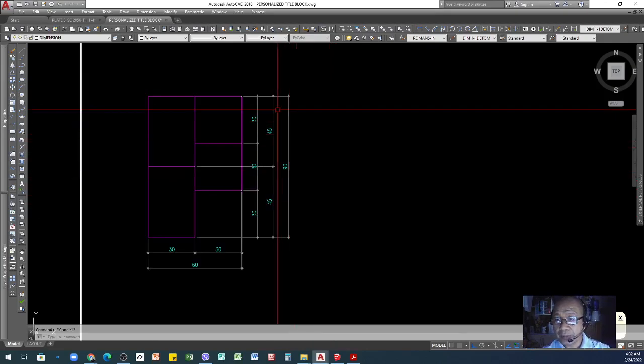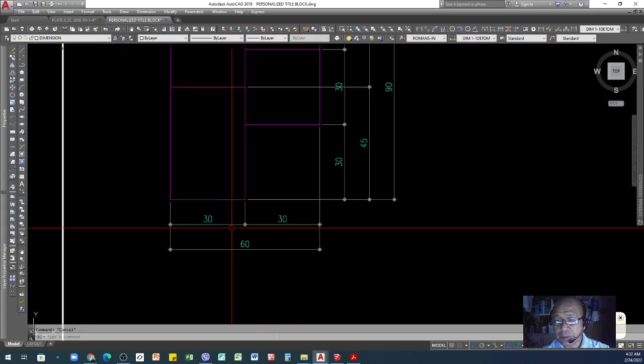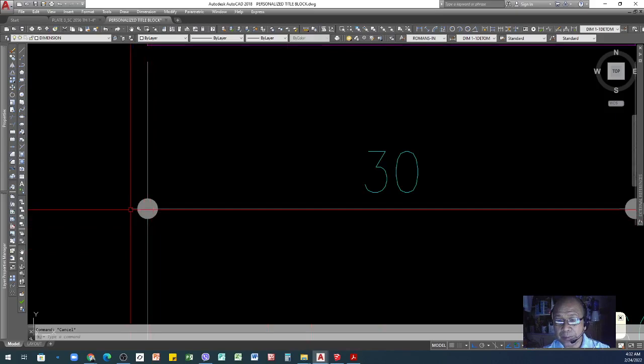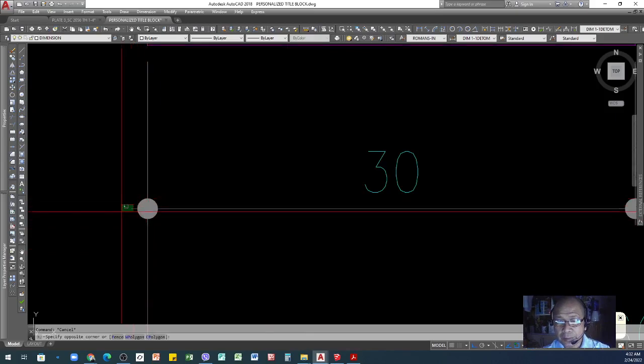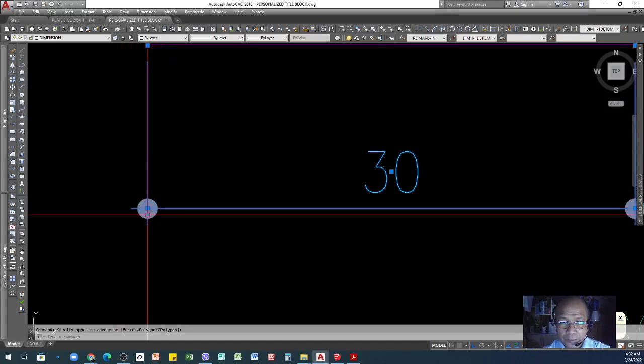Now you can see that the dimension setup we made appears already here. We have set up the 1 point extension from the symbol for our extension line.